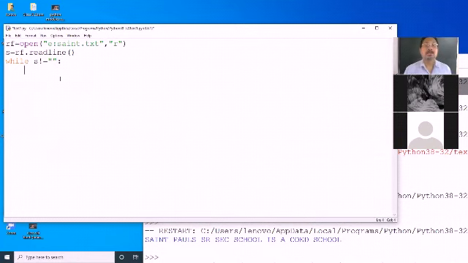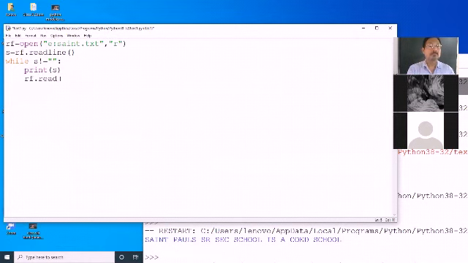That means when the file reaches the end of file, there is no more character and it will stop execution, while S not equals to double quotes. Then I'll write here print S, and then I'll write here S. Again I'll show you one thing here. You will just see the effect of it.